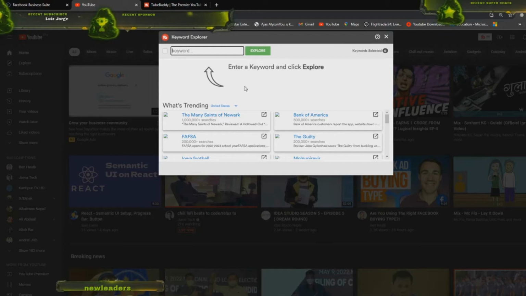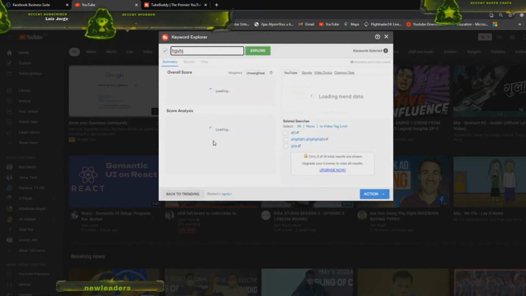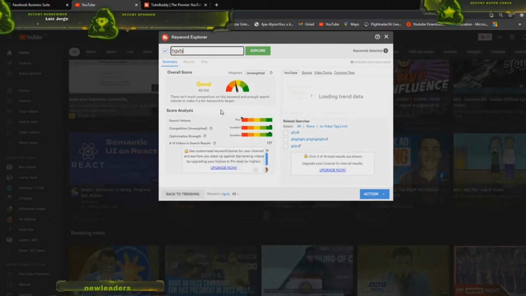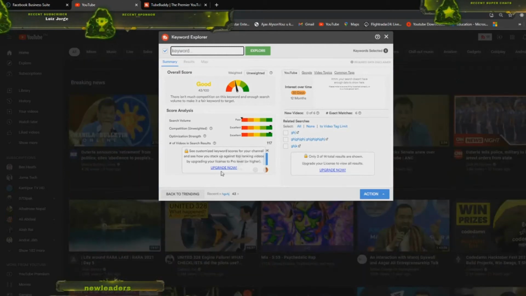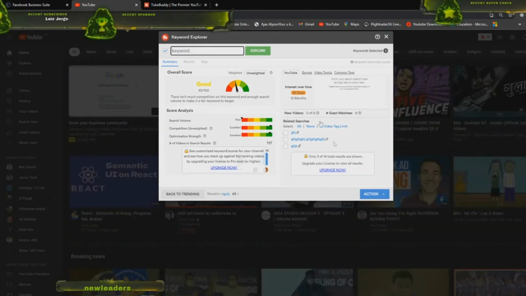You can search anything and it will say whether it is good for targeting or not. And if you have an upgraded version, then you have a lot of other things to do here. You can explore it on your own, and this is really useful. I usually use it.